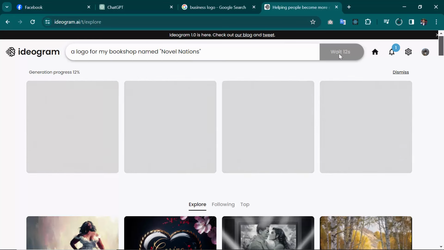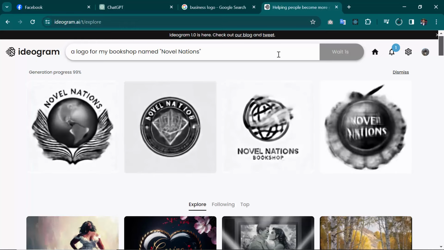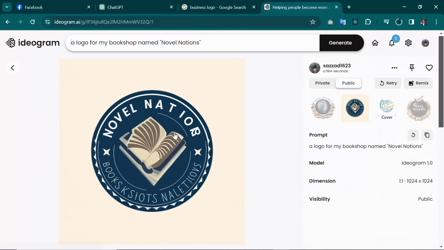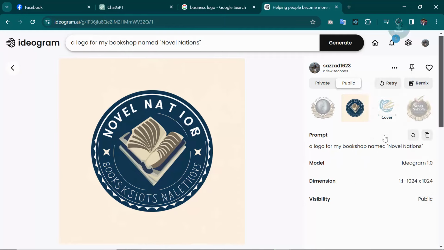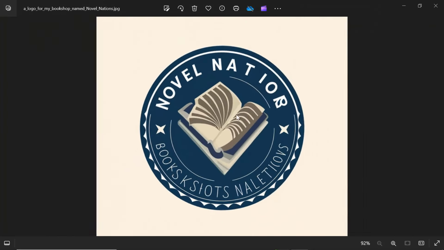You have to wait for 30 seconds. Here they are showing. As you can see, there it is. They are creating some fabulous logos for me. These are the logos. For example, if I open this one, I like this one. If you want to download this, you have to click on the three dots and download. Okay, then open it. Here it is, the fantastic logo for my